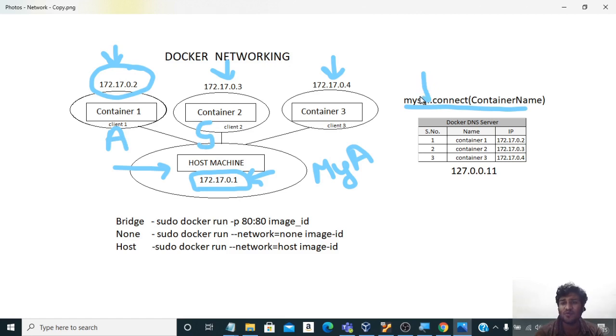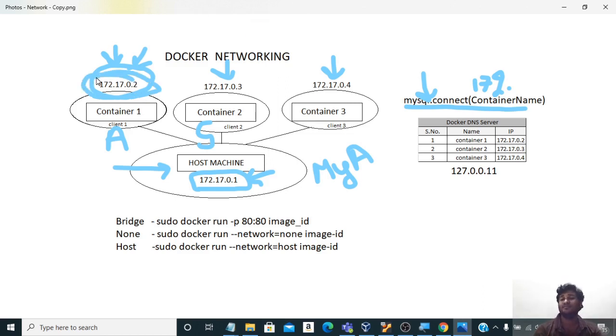And in this container you are referring to that container. If you refer to it using the IP address, say 172.17.0.2 in this case, then if you stop and rerun the container, there might be a chance that this IP address gets changed.